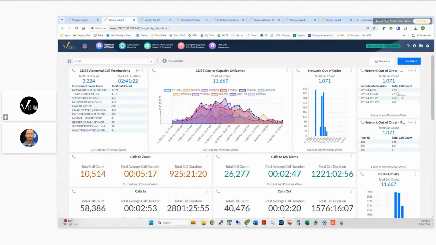Pretty easy to build these out, but then also secondarily, what are the dial peers that are responsible for these as well? So is there an issue with one of these dial peers that one of the administrators needs to put in the service ticket with the vendor to take a look at this and see exactly what failures are happening off of these dial peers, because we can certainly see that calls are failing with relative ease and frequency